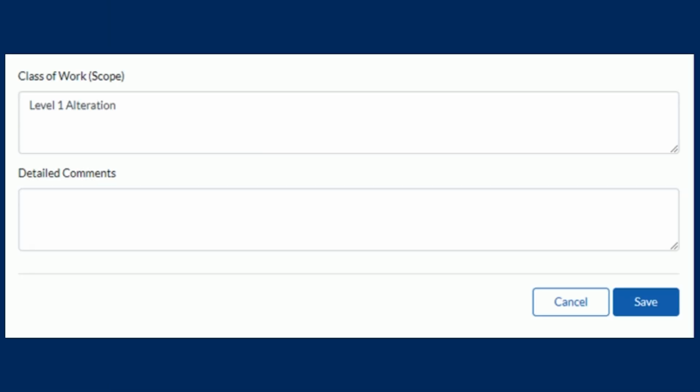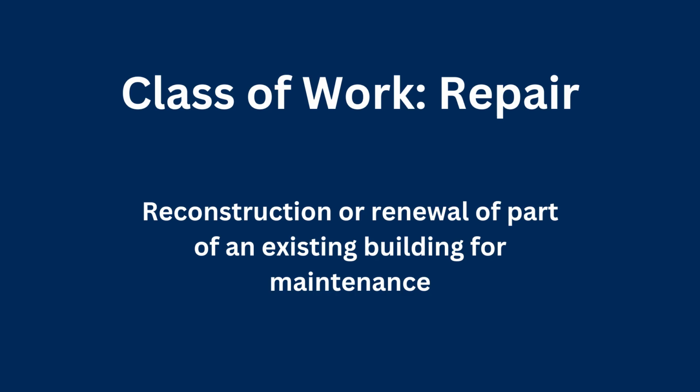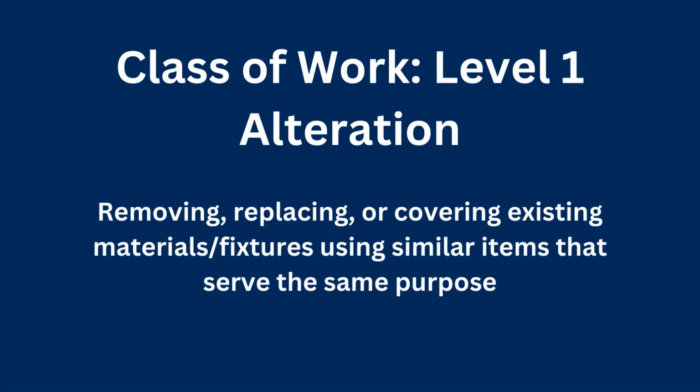Class of work can be categorized as a repair or level 1, 2, or 3 alteration. The repair option is for work including the reconstruction or renewal of any part of an existing building for maintenance or to correct damage. A level 1 alteration refers to work that includes the removal, replacement, and/or covering of existing materials, elements, equipment, or fixtures using similar items that serve the same purpose, such as removing and replacing existing floors